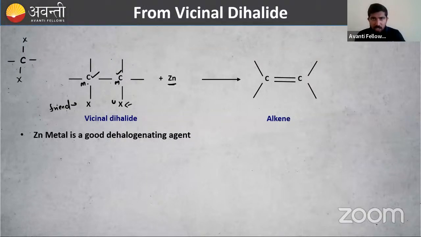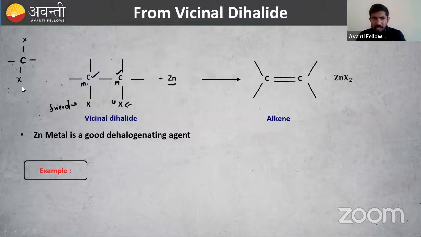Okay, Sanjeev, JNV Palakkad, 2 JNV Palakkad. Okay, great. So you two friends can give me the answers in the chat box if I ask some questions. So zinc metal, that is our JNV. So alkene is formed. So what is vicinal dihalide? You and your friend, neighbors, right? Then here we are going away from the home. Then the two mothers, their bond is getting stronger. Double bond is formed. So carbon, double bond carbon, alkene, in the absence of their sons.